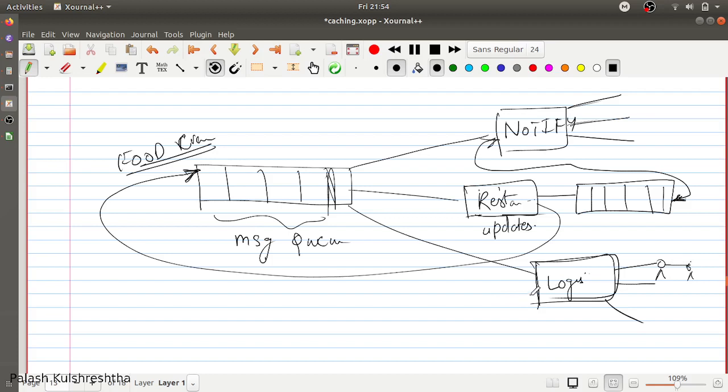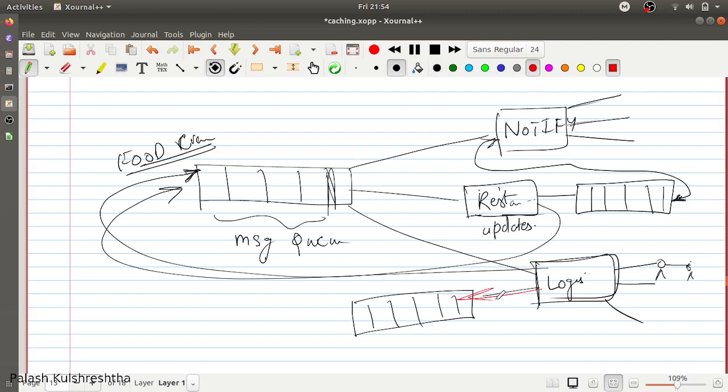And when a delivery person has been assigned, it can publish the message either in the same queue, or in a different queue. Similarly, notification can also read from this queue, and restaurants can also read from this queue, and they can take action on this.